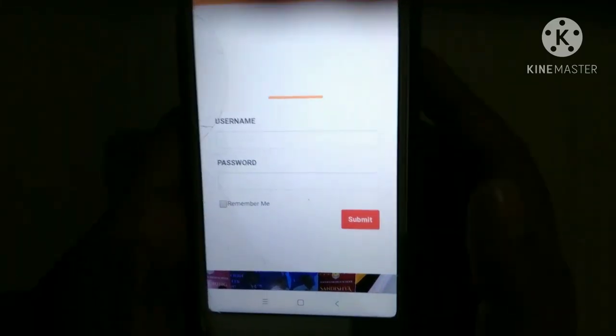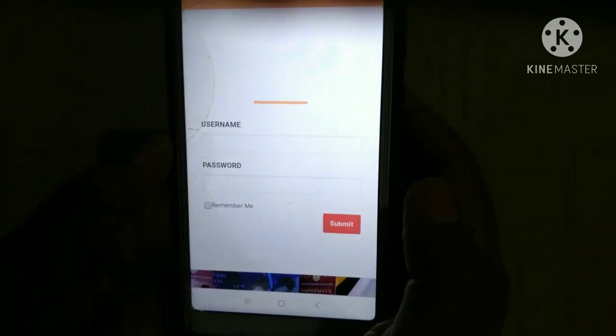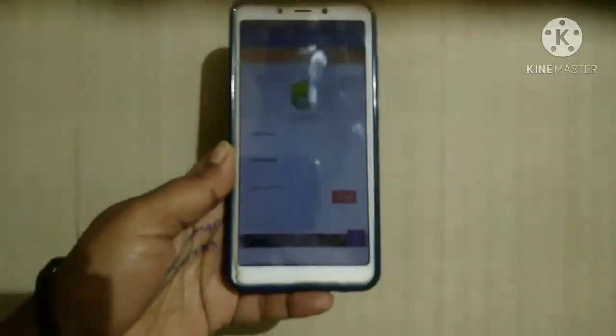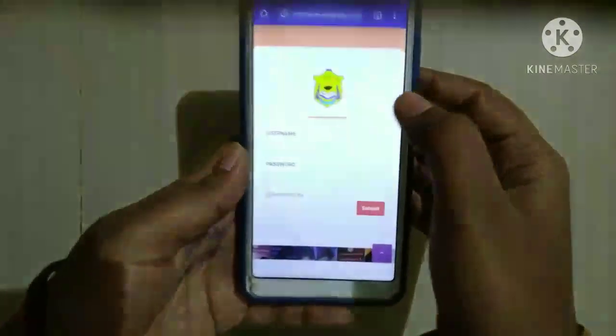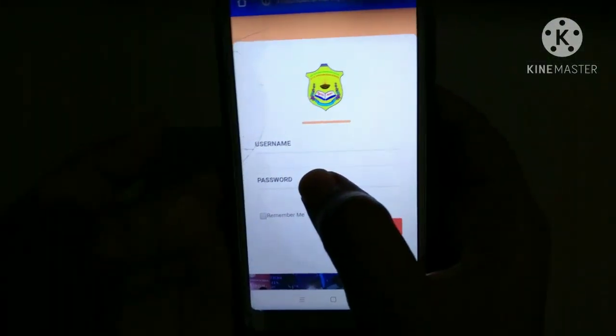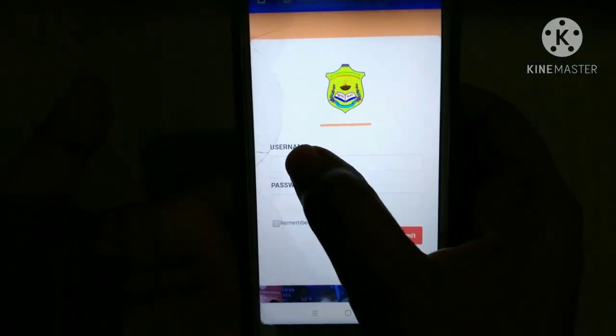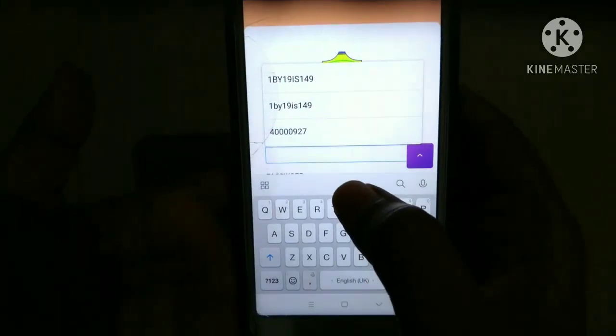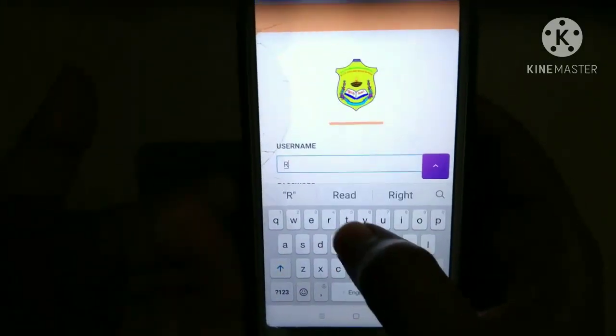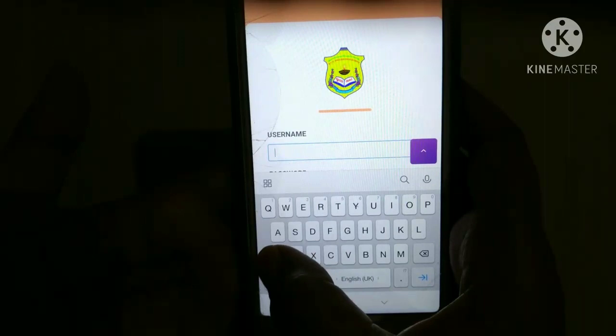Okay, I will type that now. While typing the username also, those letters should be in small letters. See, those letters should be in small letters. Now I have taken one student's username and I am doing this.